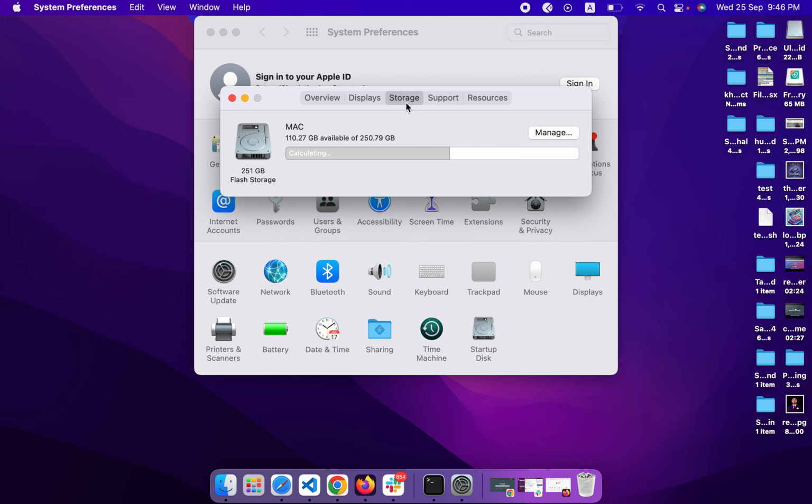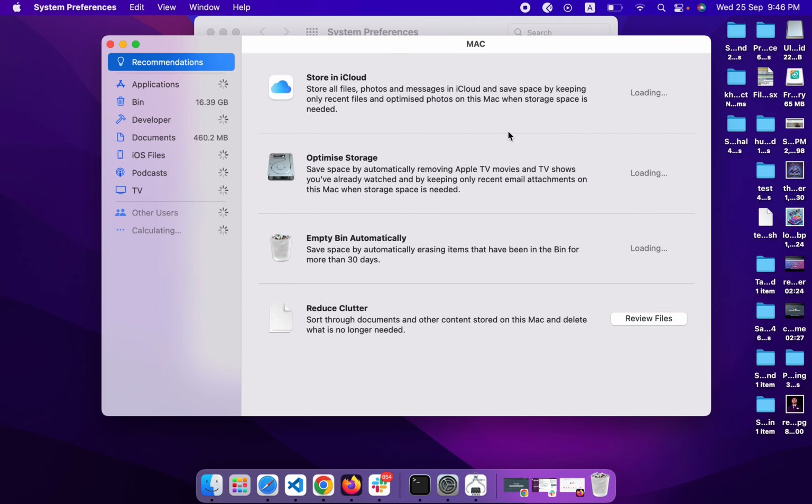When you click on the option of storage, here we can see how much storage is available or how much storage is occupied. So we simply click on manage, and then we can see all the stuff loading, which tells us how much space the application, bin and the other files are taking.